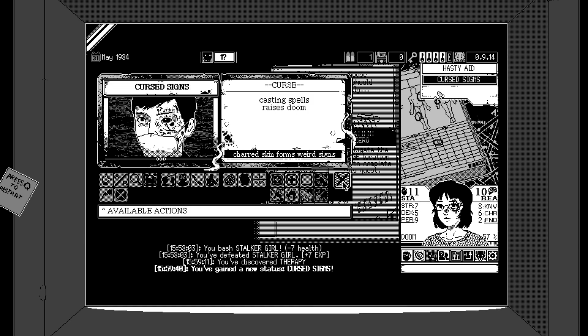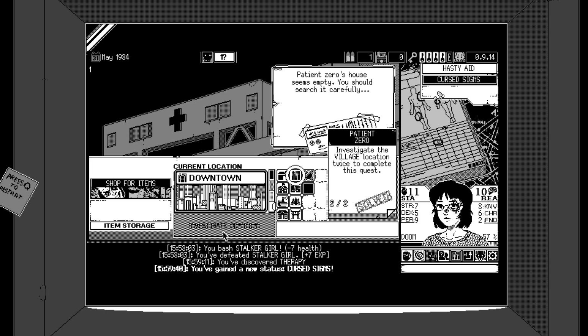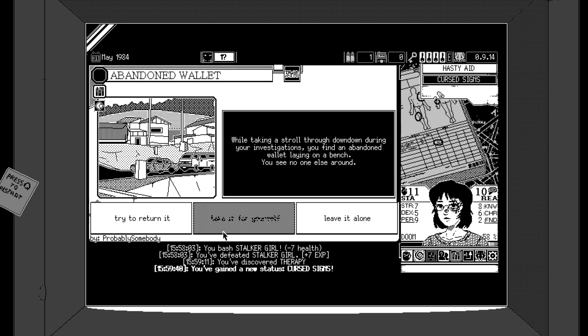Well, that actually doesn't really matter because we don't need to cast spells, so that could have been a lot worse. Patient Serious house seems empty. You should search it carefully. Okay, that could have been a worse curse, so...